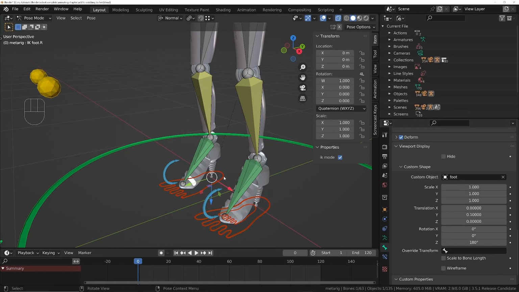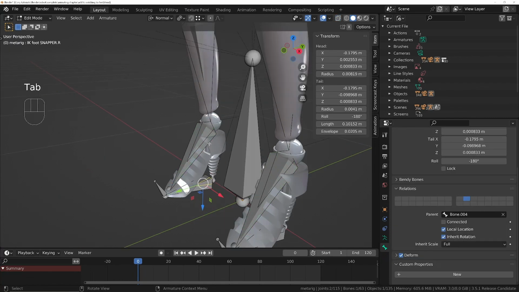And then this one, just select until you see it says IK foot snapper, or you can Alt click to select like that, IK foot snapper. And this time we'll change it to 0.5 again, so 0.5. Now we've got those in place. We need to parent those to the FK bone. So go into edit mode, Alt shift click so we can choose the FK one, Control P, and keep offset,